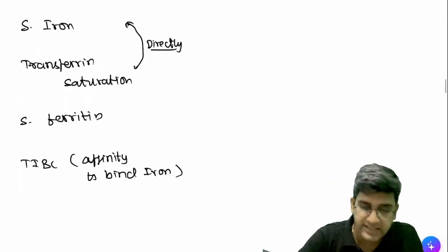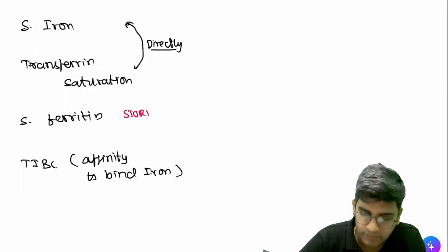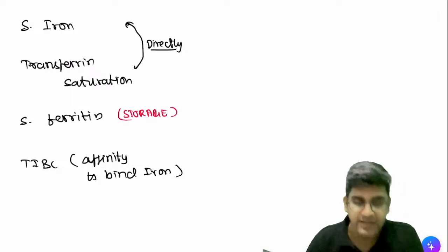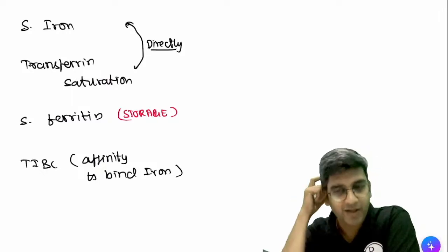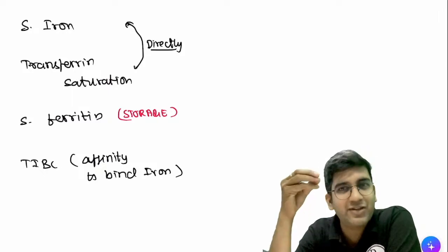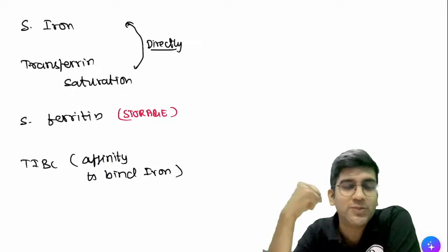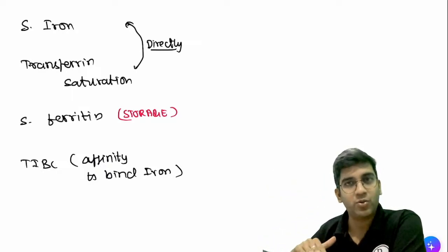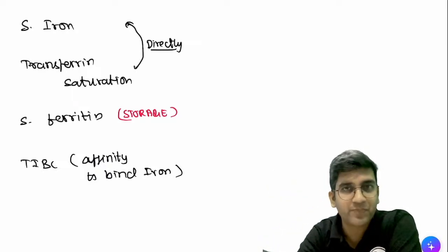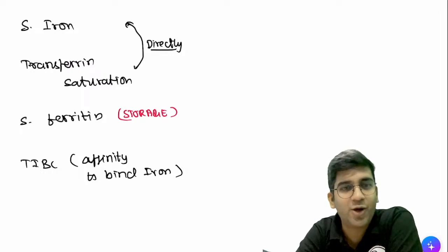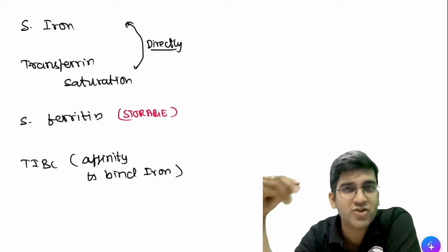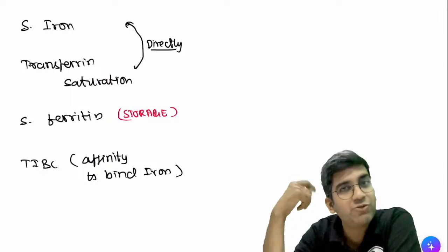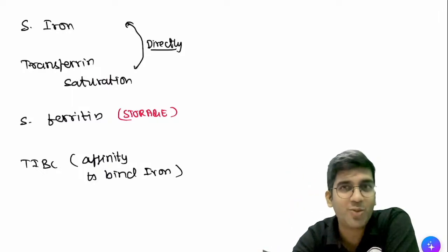Next is ferritin. Can I say ferritin is storage? It is a storage form of iron, right? And TIBC is what I said, affinity, right? Let's imagine like this. You must have had your lunch, right? Now it's 2-3 hours after lunch. If I give you some food, will you eat? Affinity is more. When the stomach stores come down, when I'm hungry, my affinity is more. I don't give you food for 2 days. Hostel food also you'll eat full plate because affinity is more. But if you just now had your lunch, or tea, samosa, something, and I give you more food, your affinity will be less for a normal human being, right?